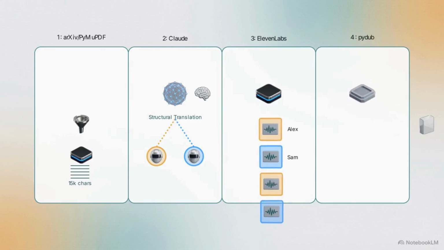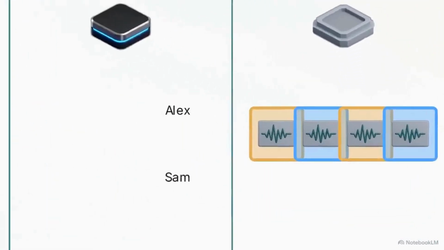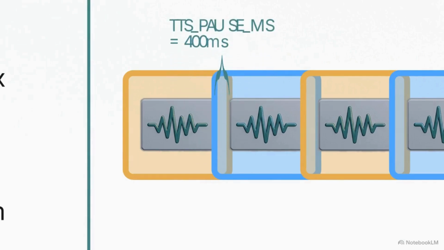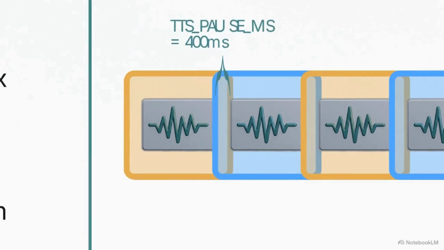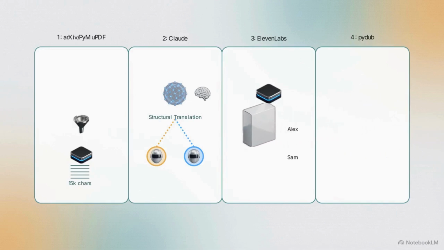Finally, at the fourth station, the system uses pydub. Pydub is a Python library designed for manipulating audio. It takes these dozens of separate, alternating voice generations and stitches them together into a single, cohesive audio file. Within this assembly code is a variable called TTS_pause_ms. This parameter intentionally injects exactly 400 milliseconds of dead silence between one speaker finishing their sentence and the next speaker